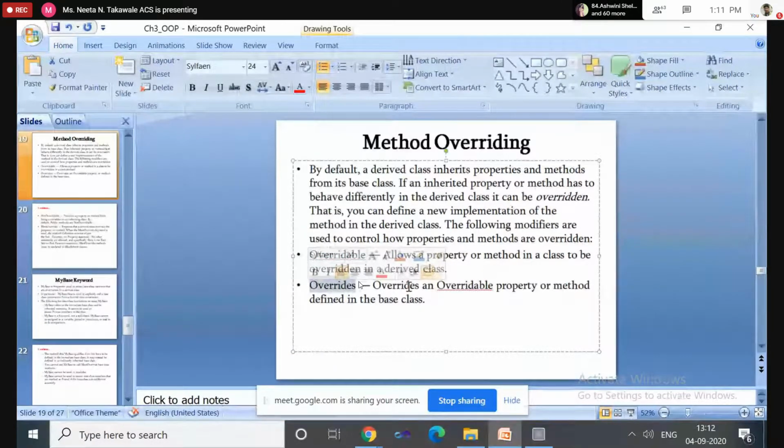The Overrides keyword is used for the Overridable property or method defined in the base class. The property or method which is declared using the Overridable keyword in the base class, you can override in the derived class using the Overrides keyword.